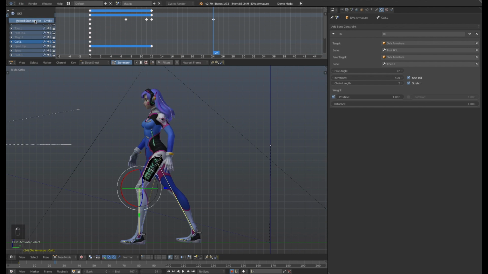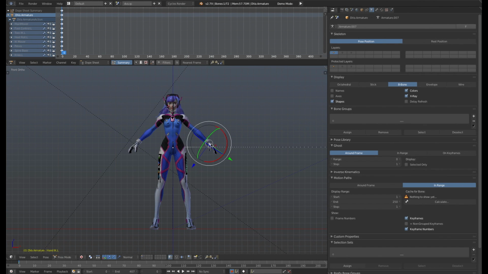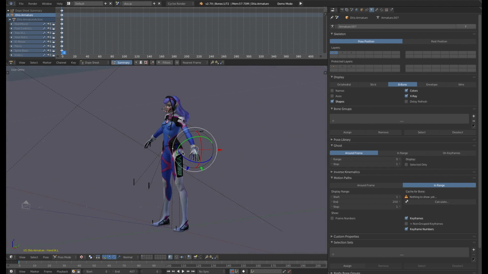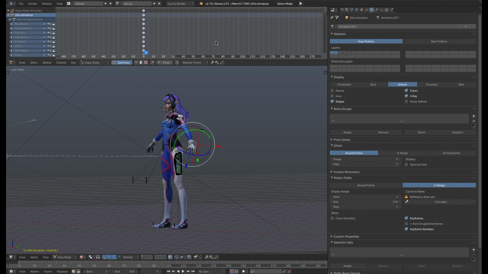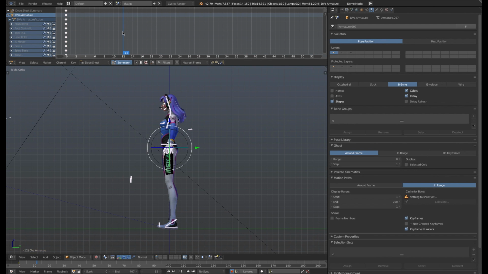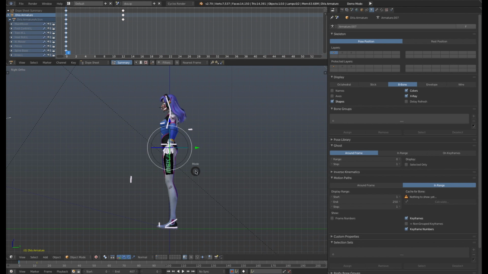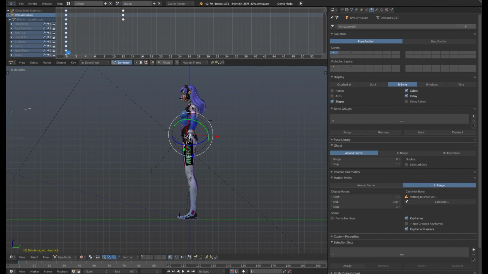All right, let's reload it, and now I'll show you the other methodology. The other methodology is moving the entire armature at one time, in object mode. So let's go into object mode and set a keyframe. Then we'll move to frame 12, and we'll move her forward. Let's go back into pose mode and create a little bit of